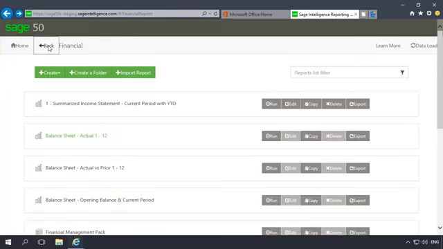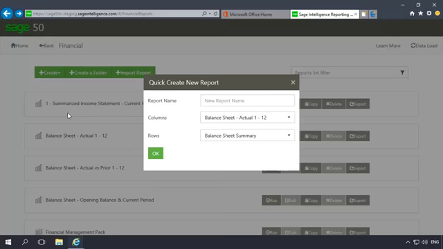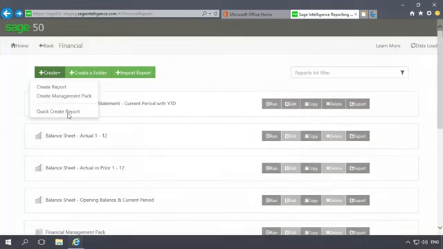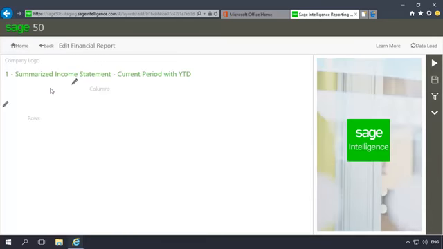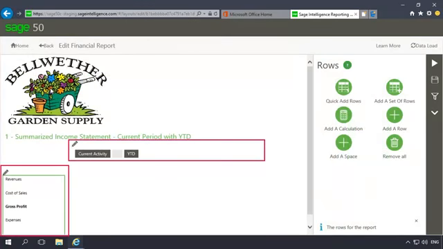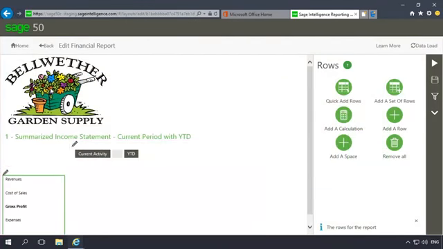In addition to customizing existing reports on the fly, there are many options available for you to create your own reports from scratch, including quickly creating a report based on standard and custom sets of predefined report rows and columns. However, for full control over the design and creation of your report, select Create Report, which will load the online report designer. Here, you can create more complex reports by specifying the rows and columns and calculations you'd like to